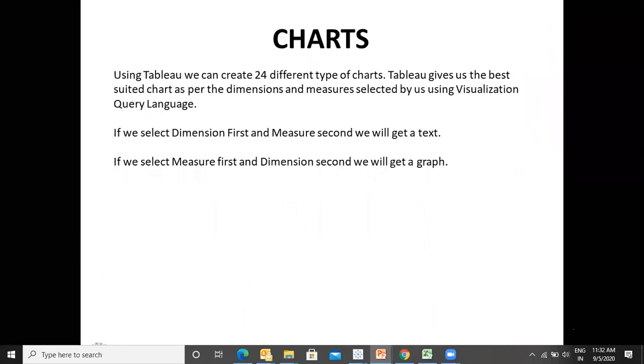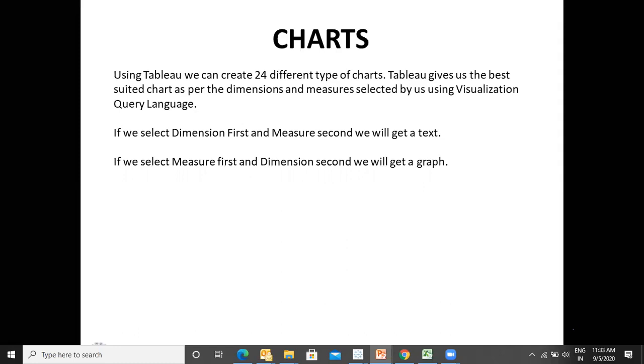Okay, so now proceeding further, we come to the main important part of Tableau, that is charts, the various types of charts which can be created in Tableau. Till now we were getting familiar with the various concepts in Tableau, but now we will be actually creating the charts. Before we start with the charts, one thing which you already know is, if we take the dimension first and the measure, which type of chart will we get, graphical or tabular?